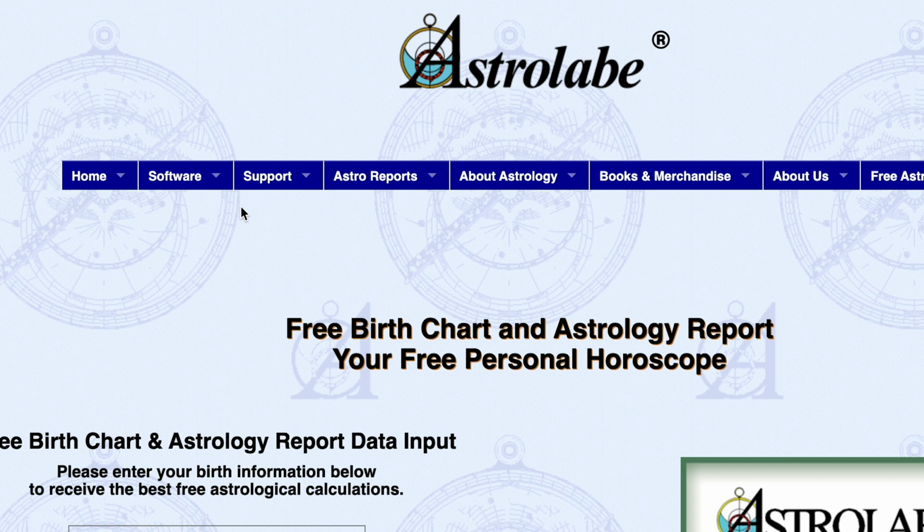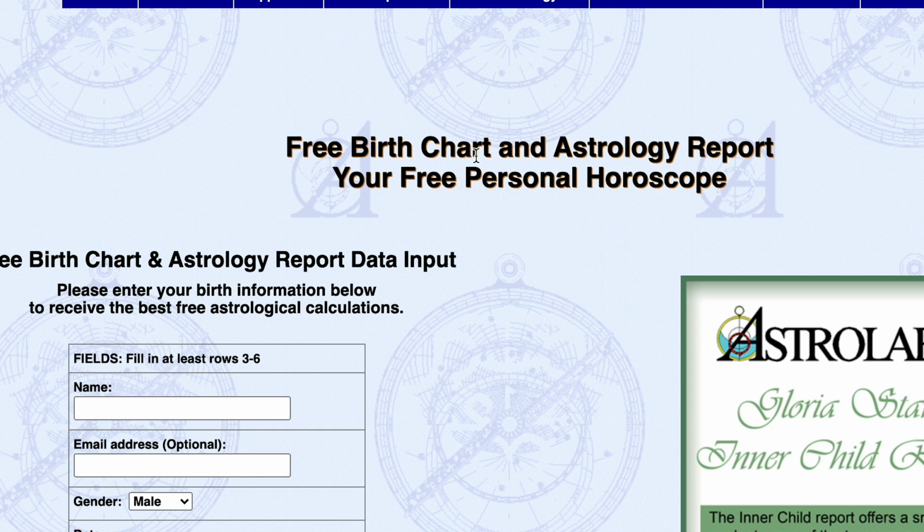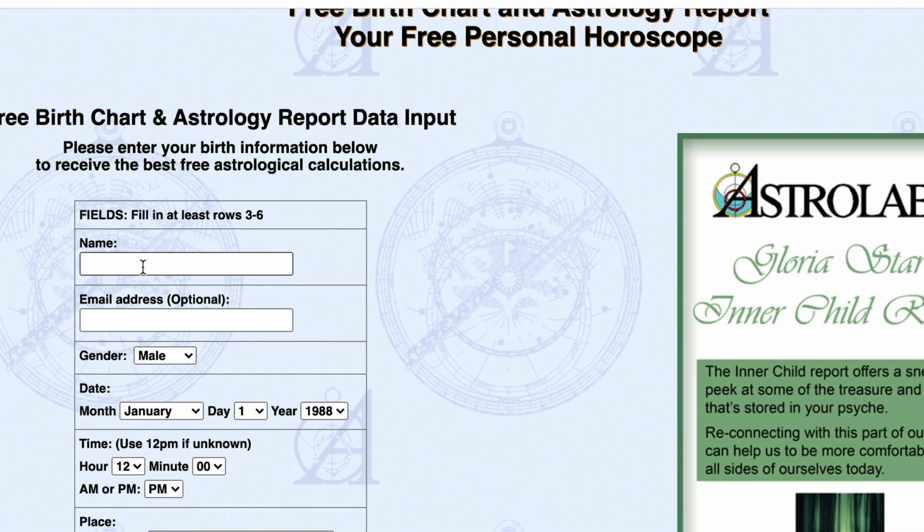So here we go. And as you can see, Astrolab gives us a free birth chart and astrology report. Obviously, you can read the report, or you can try to decipher your chart on your own. The report is a little bit long, and some of it is not really connected well, even though the information is very true and very right, and as I said, I like it, but it's always good to consult an astrologer or read about each aspect on its own and do your research. That's my best advice.